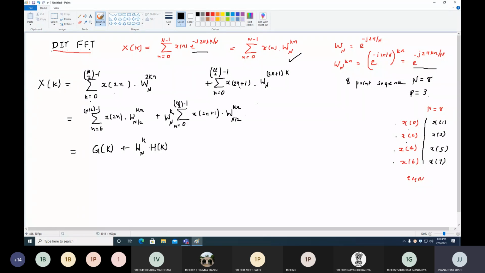We have given this name, right? That's why I can write down g of k is equal to summation n equal to 0 to N by 2 minus 1 x of 2n into W_(N/2) raised to kn, and similarly